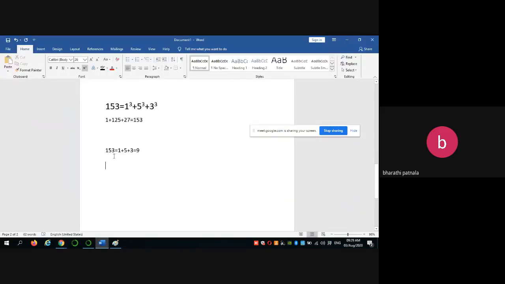So if you are taking this number and the sum is 9, then it is no problem. Suppose if you are taking one more number and you sum all the digits and get the value 7 plus 5, 13, that means more than 9. It may be a 2-digit number, 3-digit or 4-digit, whatever it may be. That number again you have to sum, like 1 plus 3 is equal to 4. Then what do you have to do?